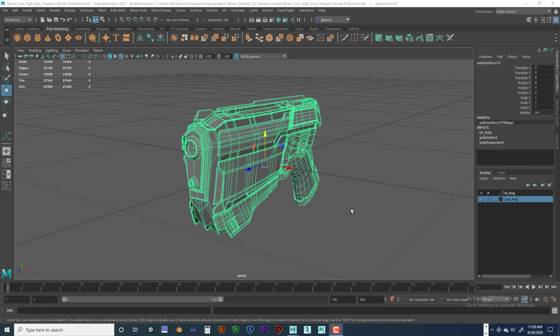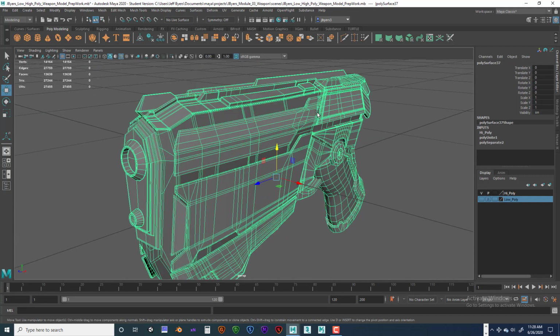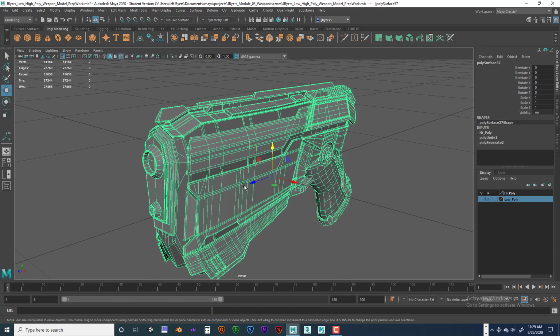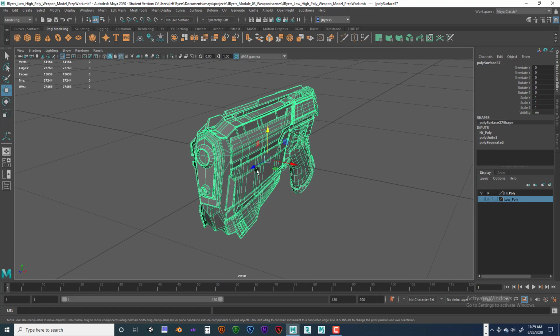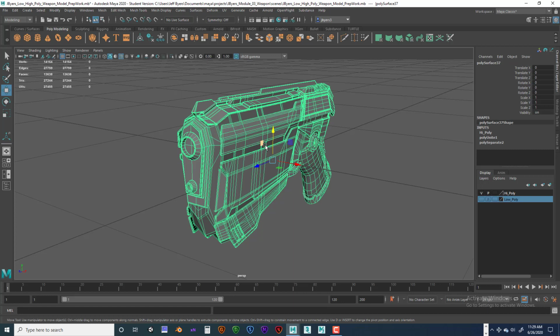Well, we can do two things. We can add more detail and model rivets in here. We could model screw heads in here if we wanted to and add those on there. And then we need to go ahead and smooth it and send it out as a high poly. And then there's another way we could go. We could go just like what we did with the